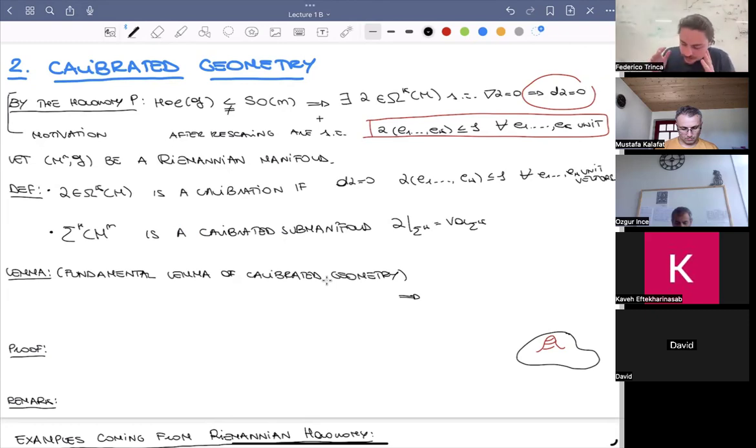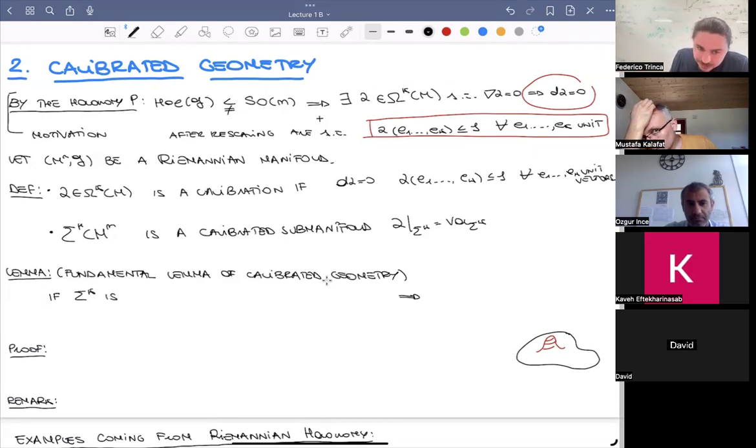Okay, so I told you I have Riemannian holonomy reduction, and this implies in particular that I have closed K-forms and K-forms with comass less than or equal to 1 in a fairly natural way. And I told you that associated to them we can define certain submanifolds. But why would we be interested in such a submanifold? And the response is coming from this fundamental lemma of calibrated geometry, which says that if